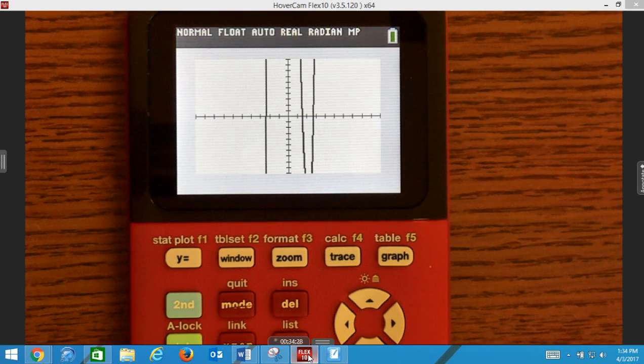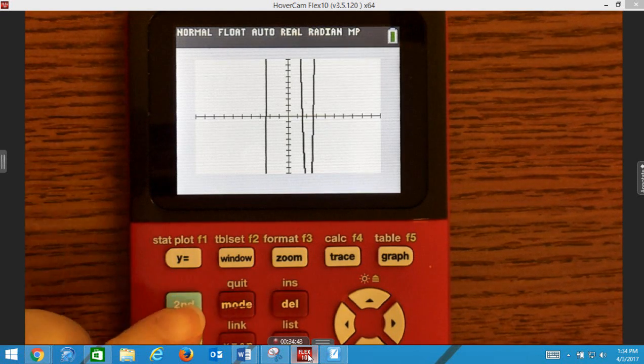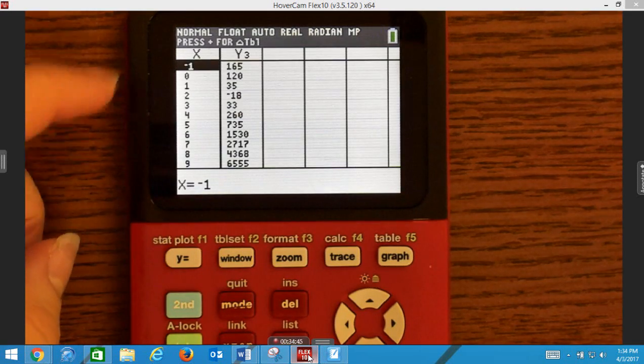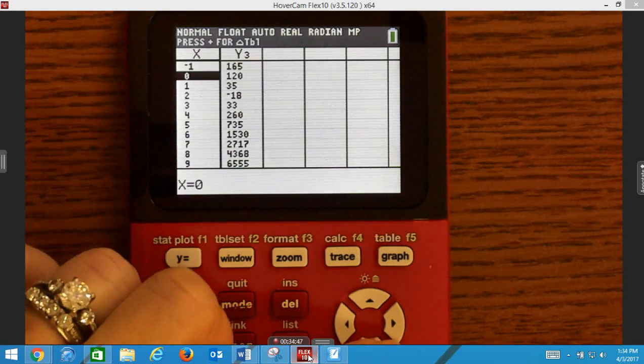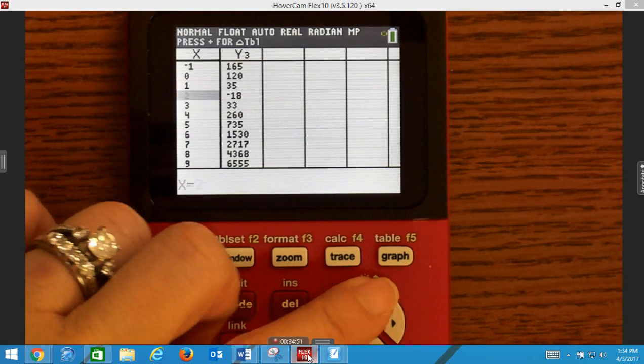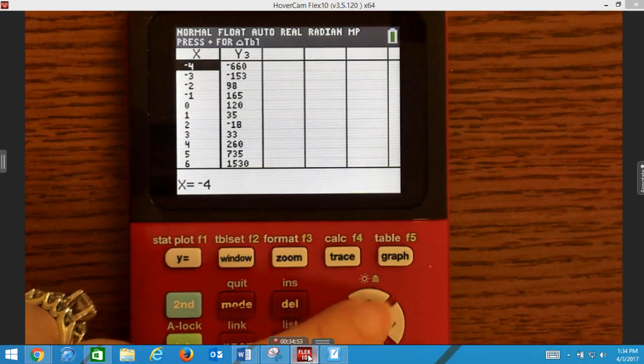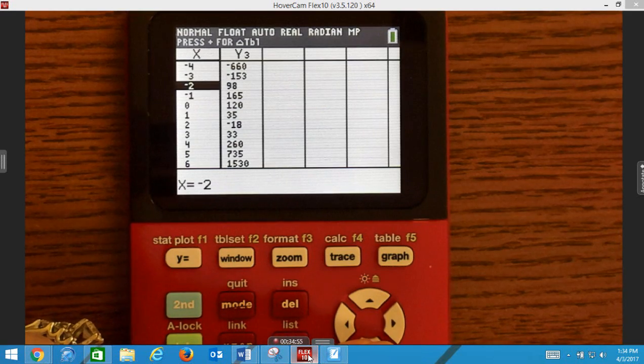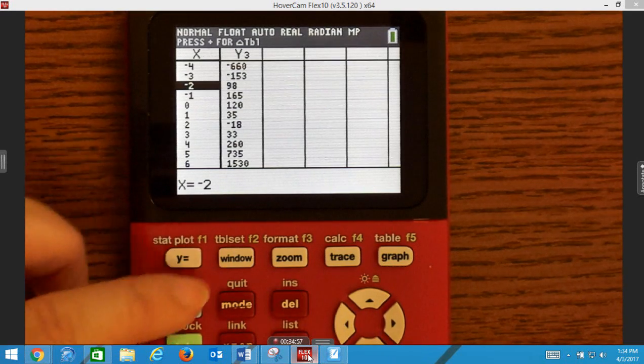Does your graph look like my graph when you got it graphed? To identify roots in your table, look for a change in the y values, like positive to negative. So if you're looking at your table, I know there's going to be one between 1 and 2, and I know there's going to be one between -3 and -2. But to actually find them,